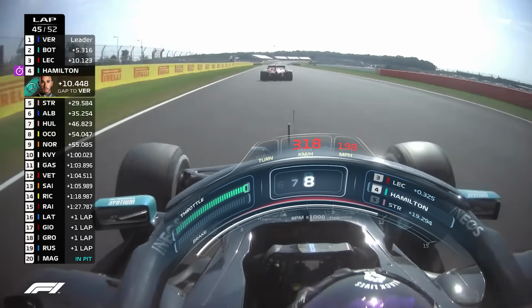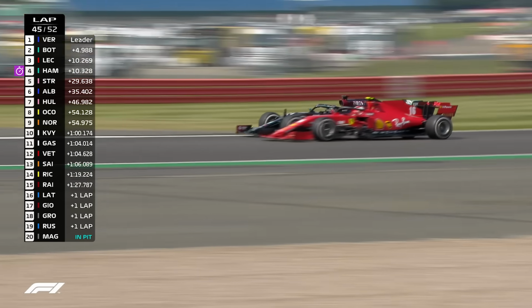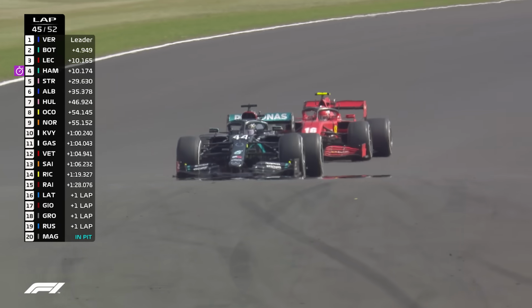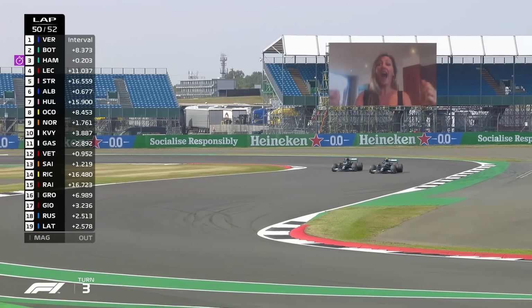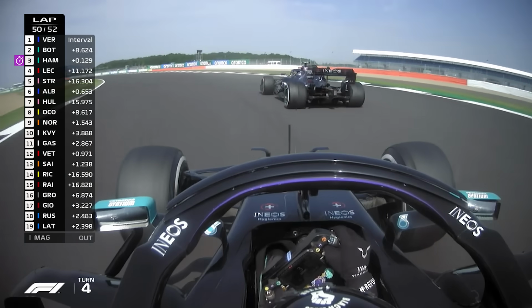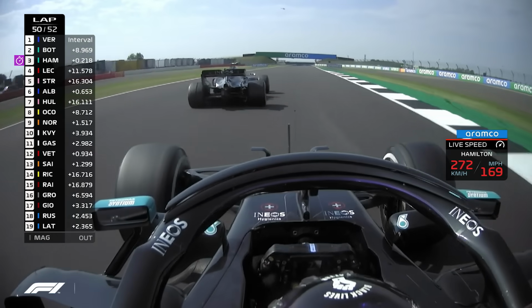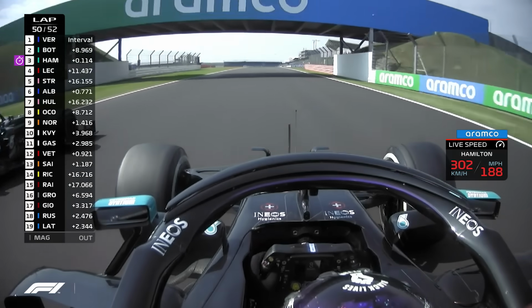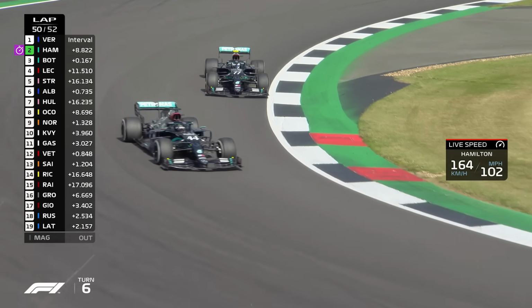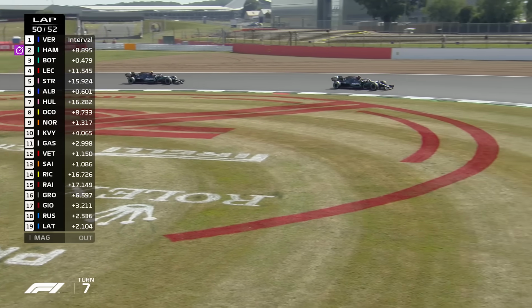Going down the Hangar Straight, and he's got DRS as well. Another 15 kilometres an hour advantage in terms of pace, but they're wheel to wheel now going through Stowe. Hamilton's got the inside line, and he puts himself back into the podium places again. The virtual fan screen cheering their heroes on. Hamilton tries to go around the outside at the loop and now to Aintree, but he's got DRS to go down the Wellington Straight, and this is where Bottas is really in trouble already. Goes down to the left-hand side, protects that inside line, but Hamilton's got the pace to go round the outside at Brooklands, and Max Verstappen leads, and it's now Lewis Hamilton in 2nd place with Valtteri Bottas down in 3rd